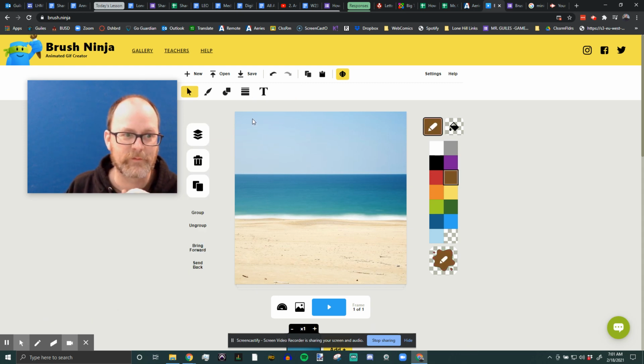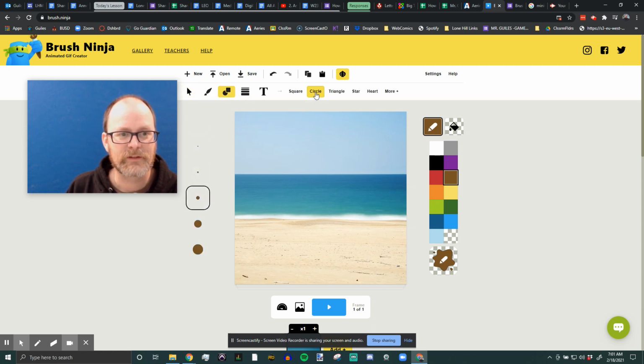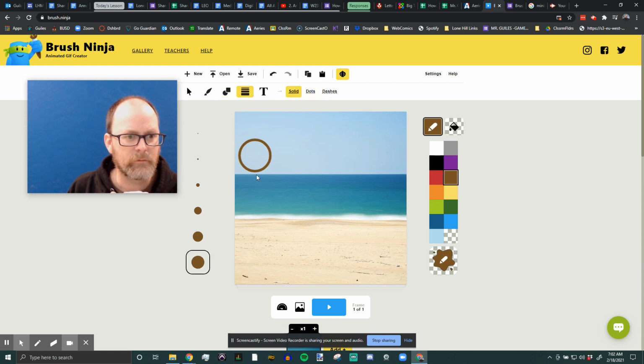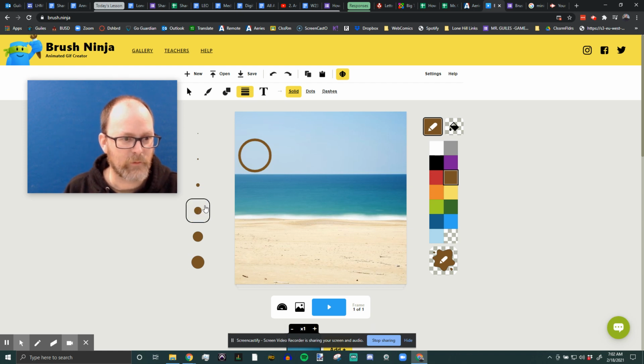Okay, all right. I'm resetting here. So first thing I'm going to do is get my shape tool, set it to circle, pick a size. I'm going to go with the third middle one here and pick a color. And I'm going to make the head for my character right here. Okay. Then I am going to get a line tool. And I'm going to draw a line for, whoa, that's a thick line. Control Z to undo. I'm going to go back to this middle thickness here. Control Z. I think I'm going to use that one. There we go. And I'm going to draw that.